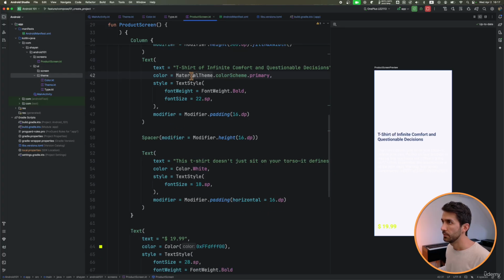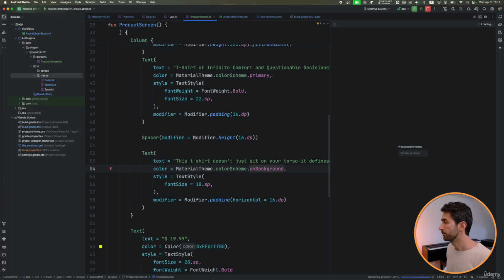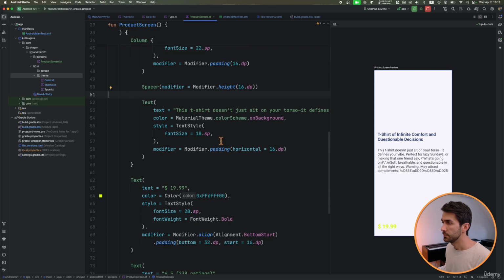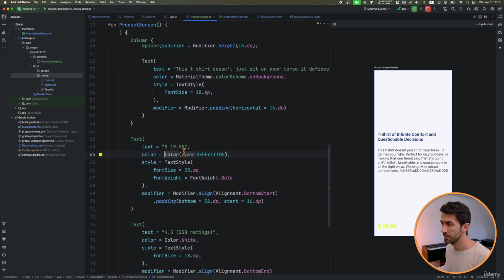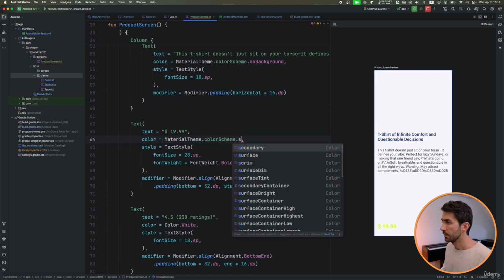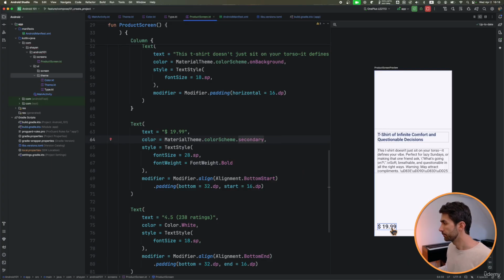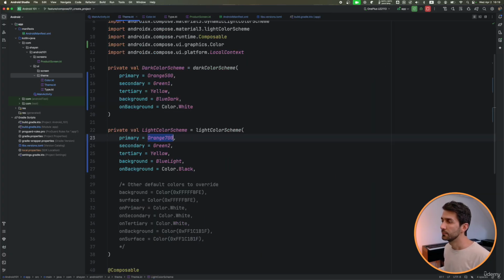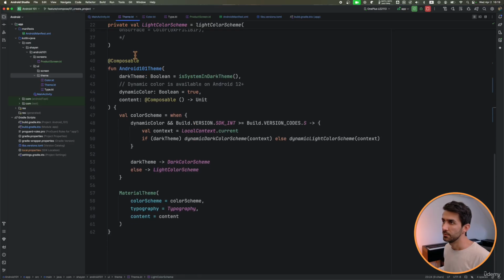So I'm going to copy this one. And the color of the description is on background. And let's do replace more colors. So for example, this price is secondary. Let me see. I just noticed actually the title and the price, they have their colors coming from somewhere else. So this is not the color that is in my color scheme. And that's because, well, part of this generated code is annoying, which I'm going to get rid of, which is